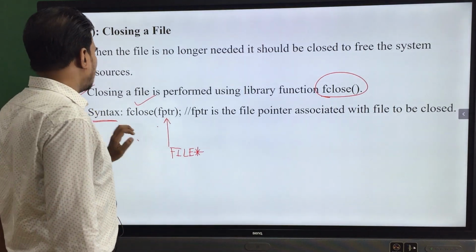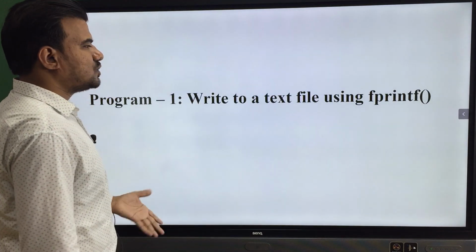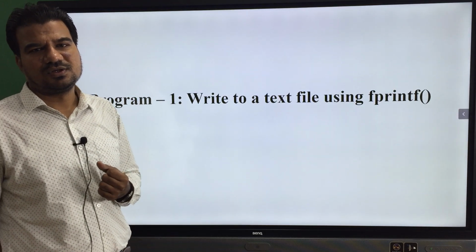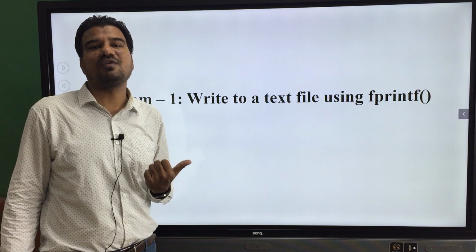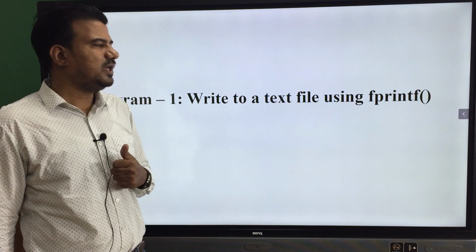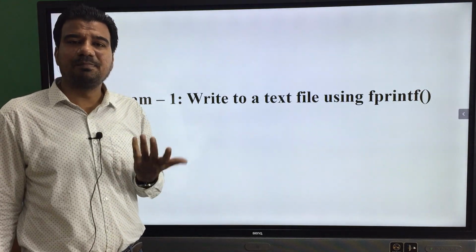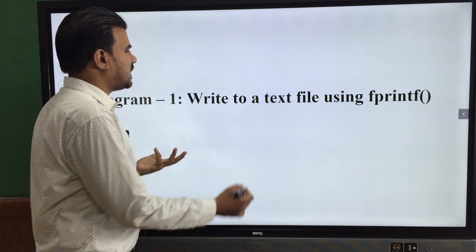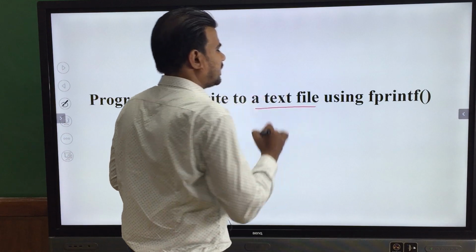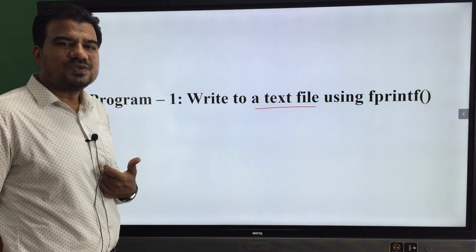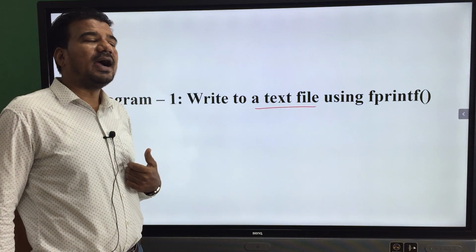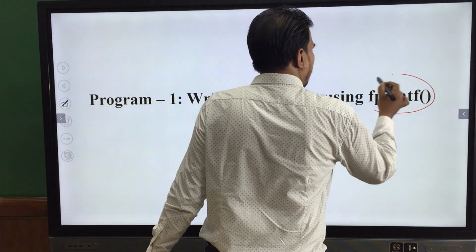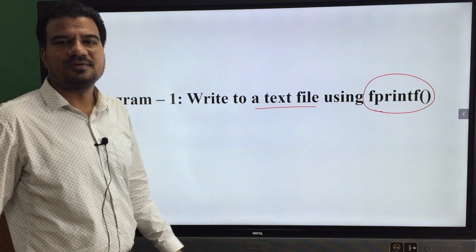Hopefully you understood. Now we will see some example programs so that you will understand the concept of files. We will create a simple program. In that I will use a text file, and to that text file, using the fprintf function, I will write some content.